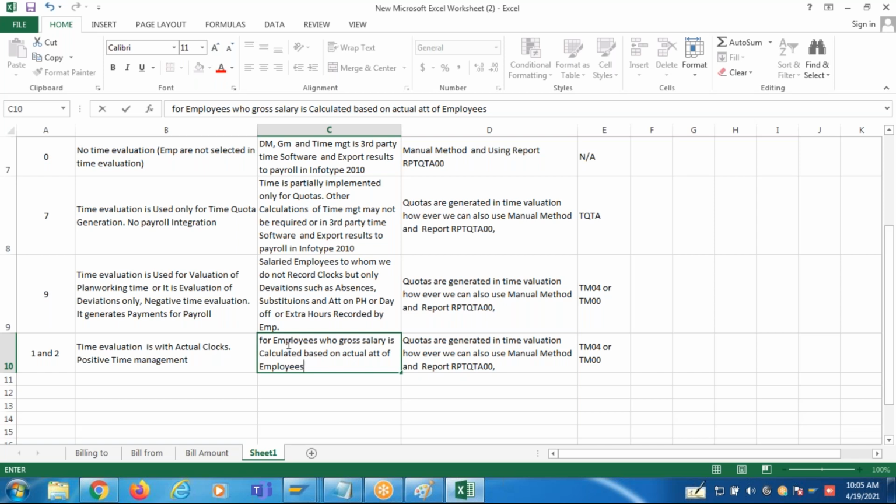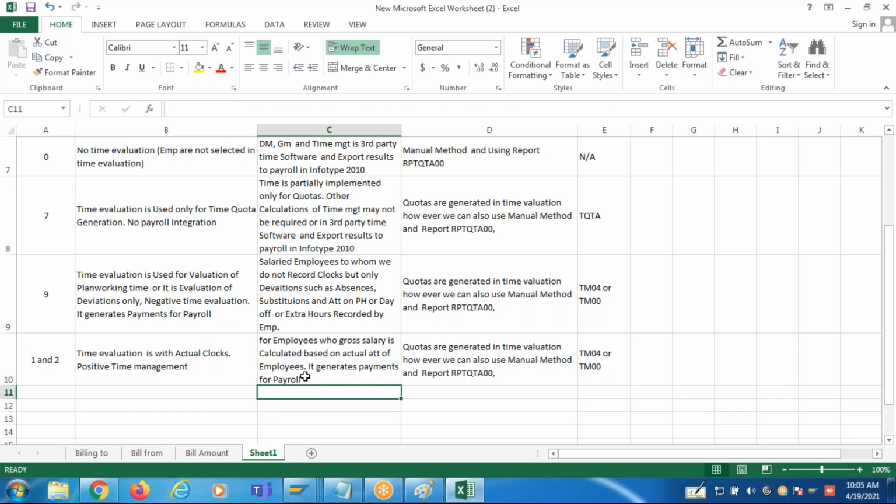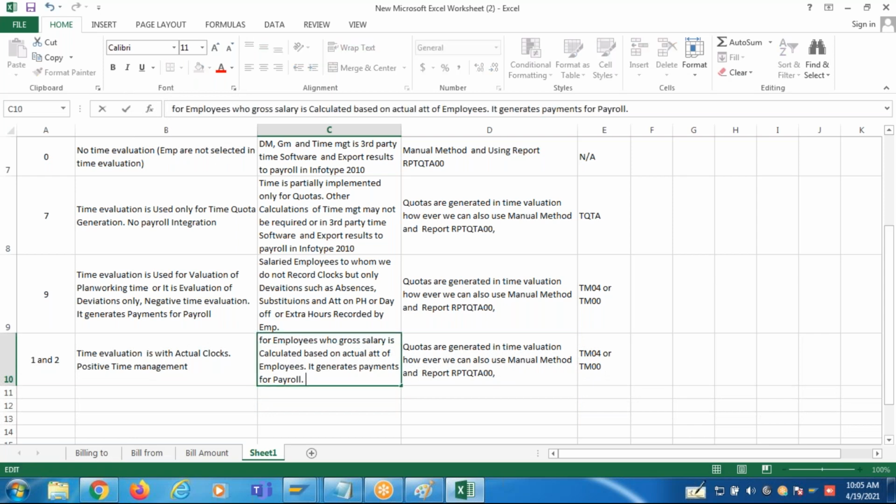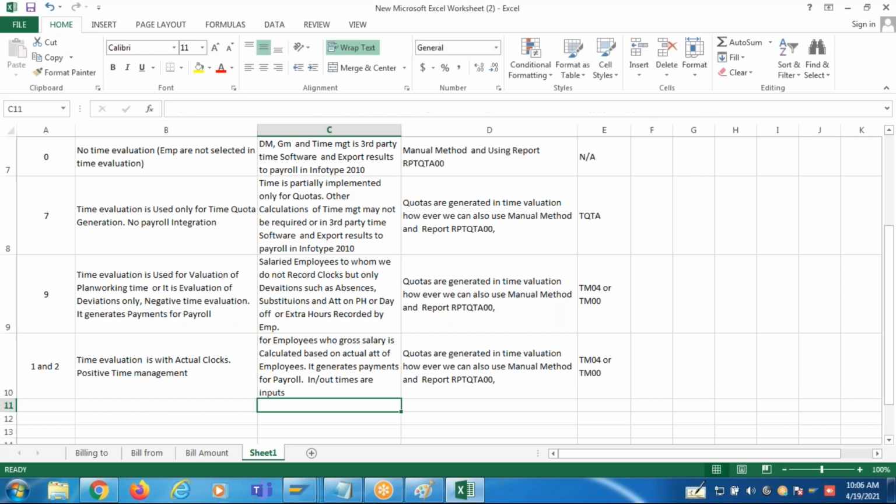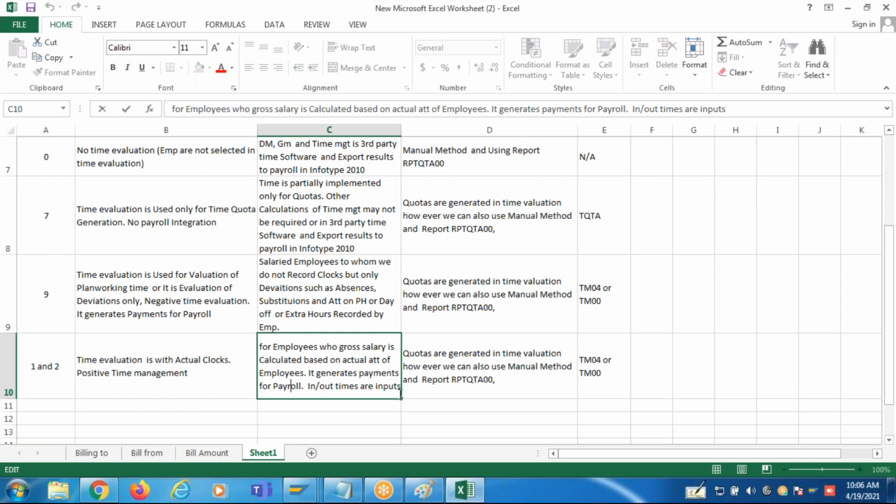It generates payments for the payroll. What we input in the system is the in and out times. Then the system calculates what? Time evaluation calculates everything.